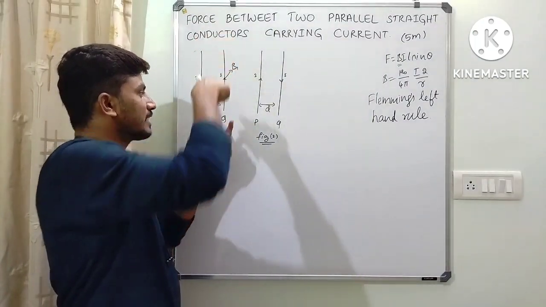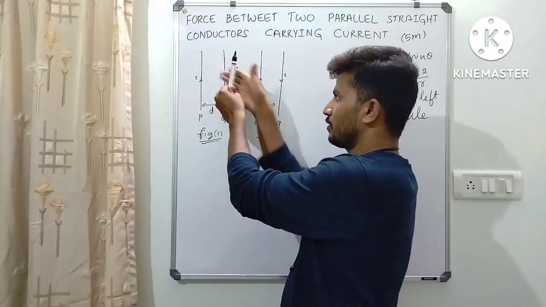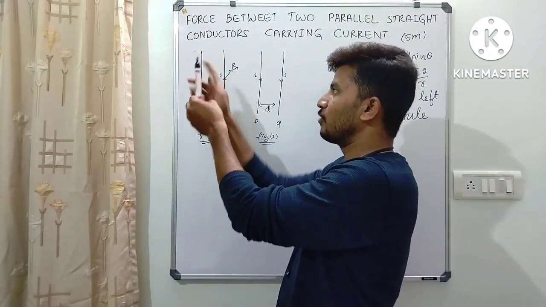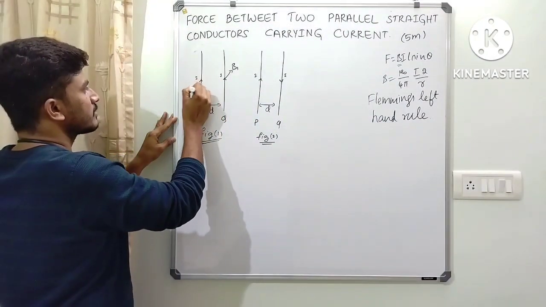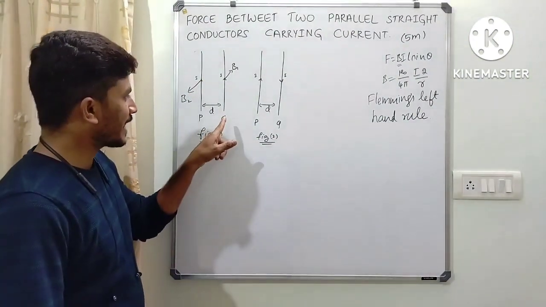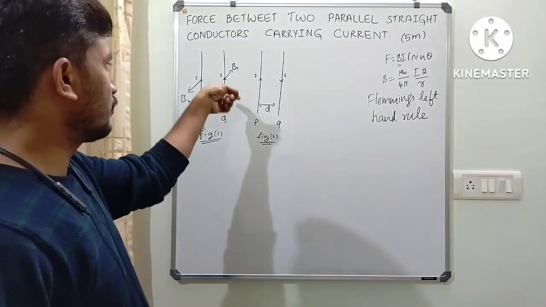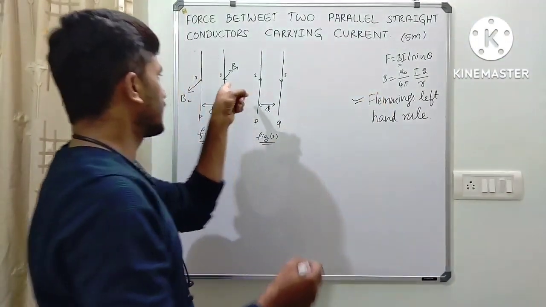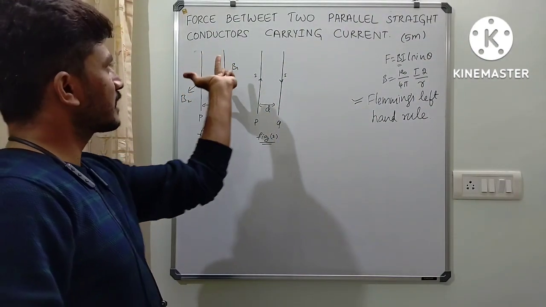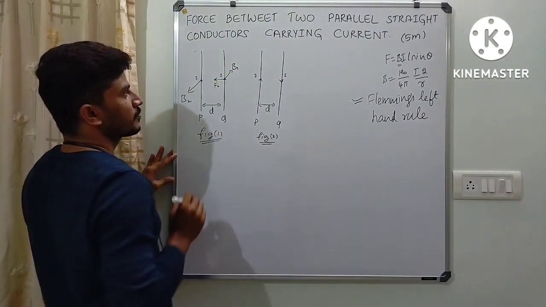In that field we have placed the second conductor Q. In the same manner, the second conductor also produces magnetic field, so that will be like this. So at this particular point, direction of magnetic field will be outwards. Let me write like this. This is the direction of magnetic field due to the second one. So the force acting on the second conductor due to the magnetic field produced by the first conductor will be like this. According to Fleming's left hand rule, direction of magnetic field is inwards, direction of current is upwards, so force experienced is along the thumb, means left side. So the force experienced by second conductor will be F2.